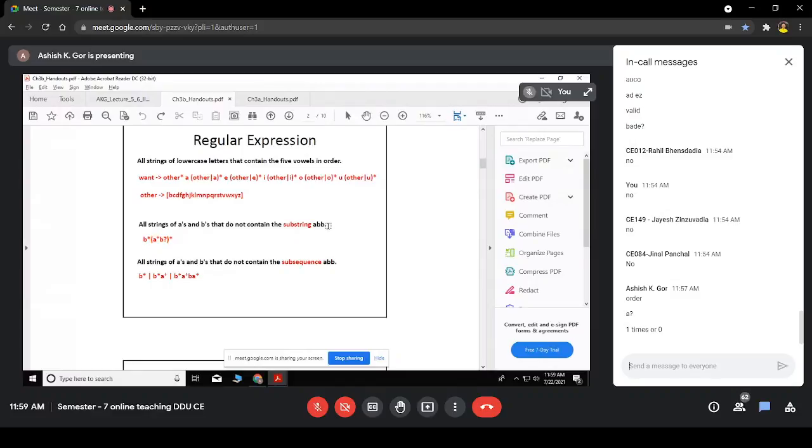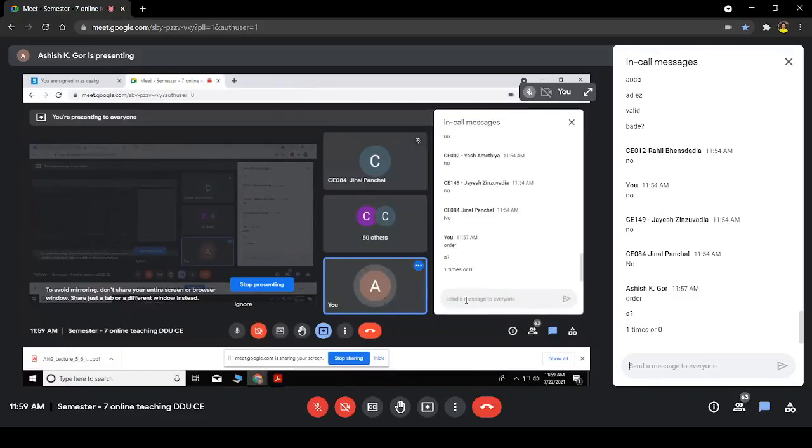Okay, you cannot create ABB, or it won't be possible to create ABB because this A you can create any number of times because of plus, but once it comes to B, then you have to compulsorily take A. If you are taking this as a star multiple times, then A plus B is followed by again A. So after AB, there is no B. And that's why all the strings which are generated will not contain ABB as substring.